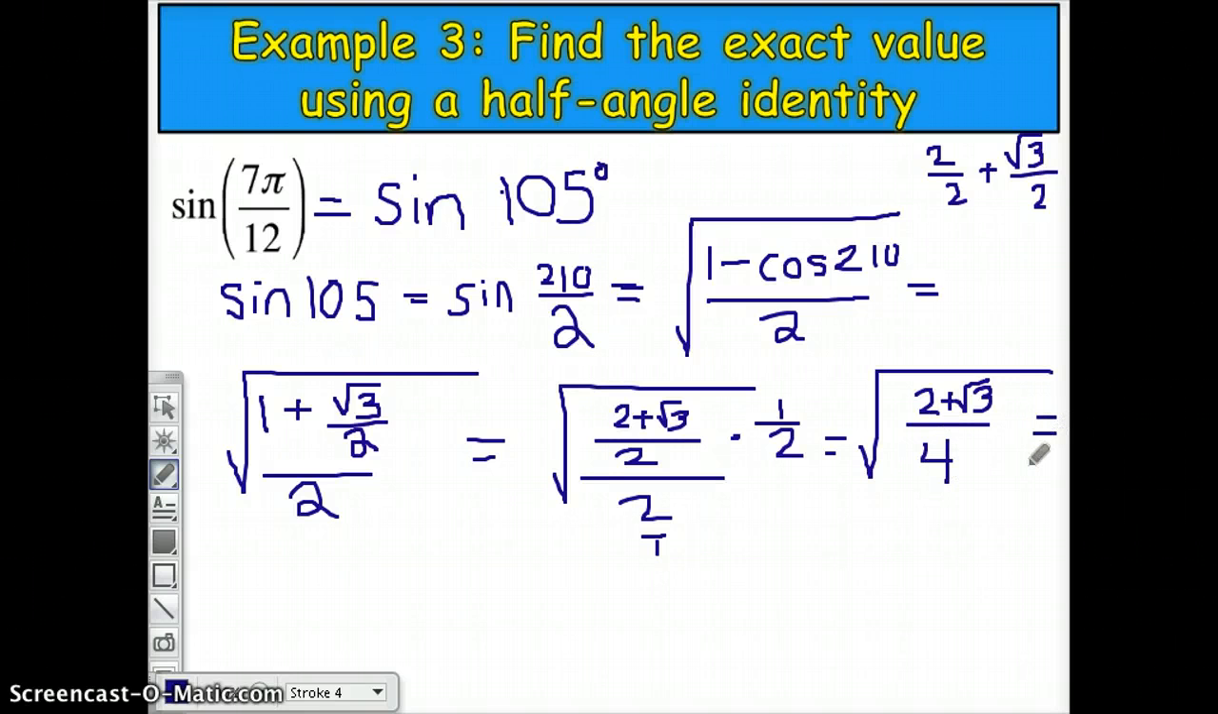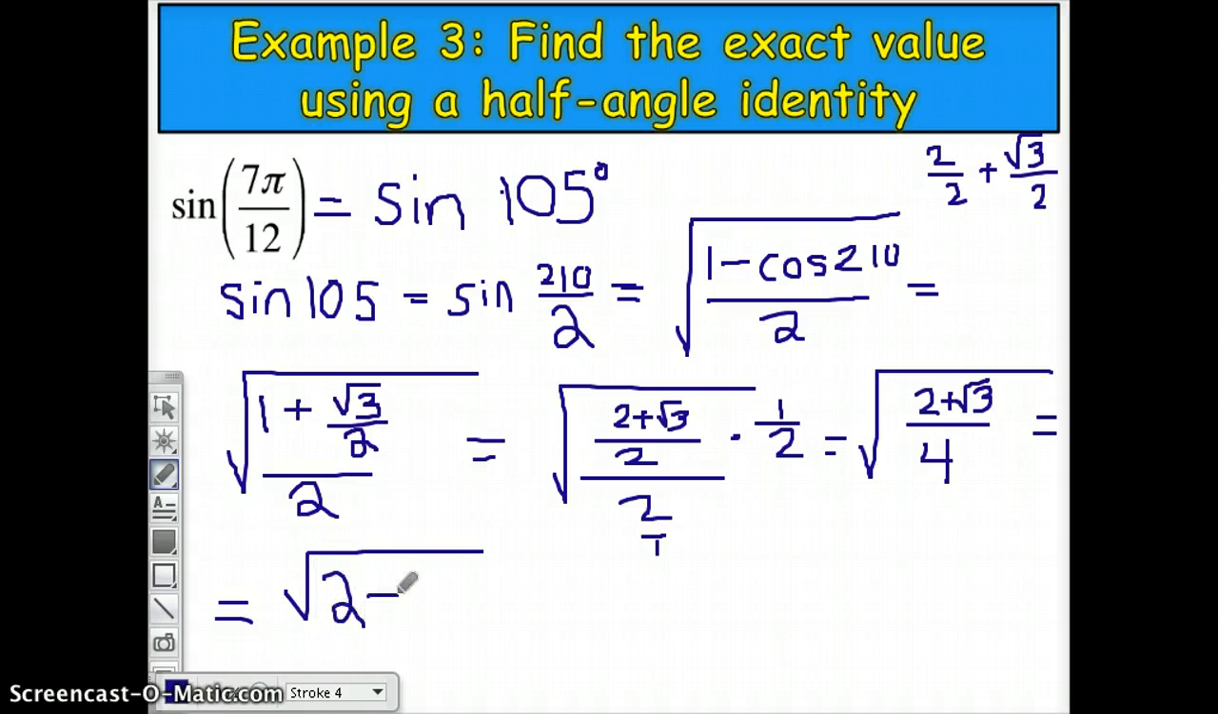Okay, and there's still more work to be done because technically I have root 2 plus root 3 over root 4 because the square root's over the whole fraction, and we know that we can't have fractions in the denominator, but luckily 4 is a perfect square, so that reduces to over 2. So my final answer,